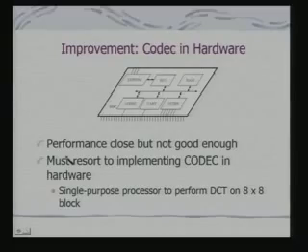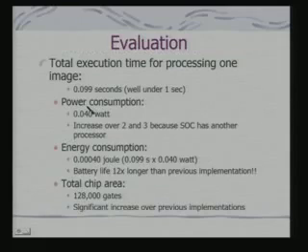But performance is close but not good enough. So finally I have to go for a dedicated codec for implementation of DCT. That becomes special purpose hardware. Under that condition we can bring it down to 0.099 seconds. I am not going into the details of the design of the codec, but these standard codecs are available, and they would also be available with VHDL code. You can generate and design the glue logic and get the system.